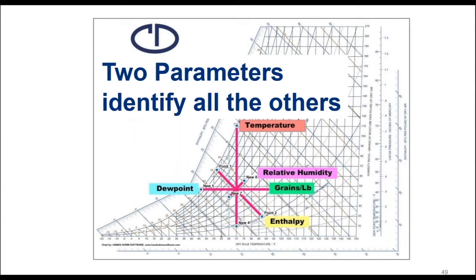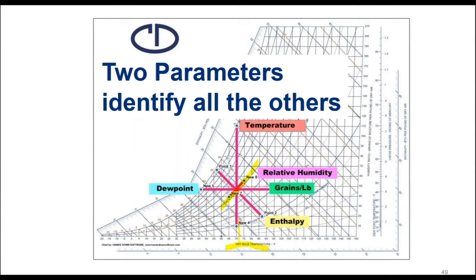Well, have you noticed yet that if we know any 2 parameters of the condition of the air, we can identify all the rest? Let's start at the bottom of our chart again with dry bulb temperature. Let's follow up the 70-degree line. As we cut through 50% relative humidity, we come to a point. We knew those 2 conditions, 70 degrees, 50% RH.